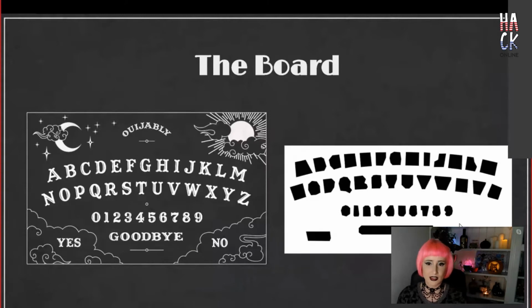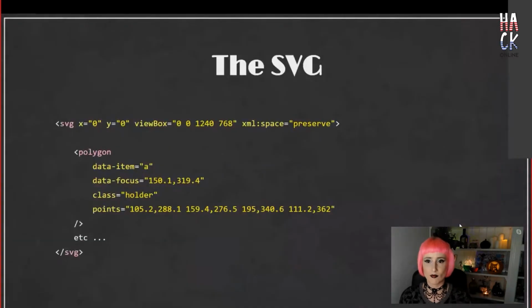And the reason for this is because the letters have empty areas that could potentially cause the collision detection to fail. So take, for example, the letter O. If the planchette is centered on the O, that's an empty space and it won't trigger the collision detection, so we need to mask off the entire space.